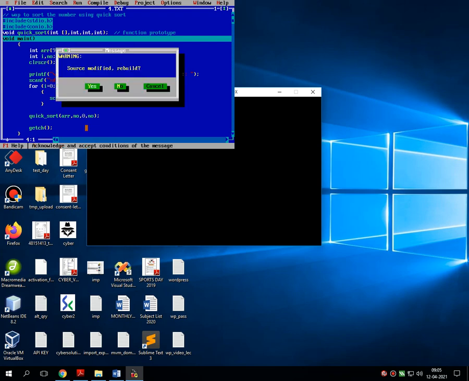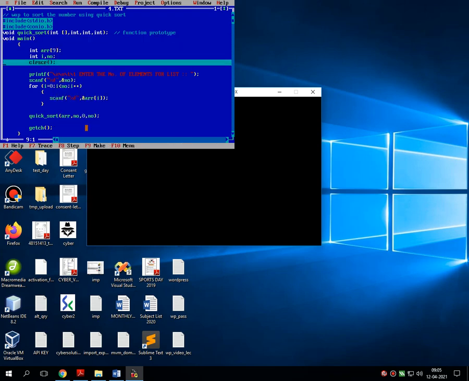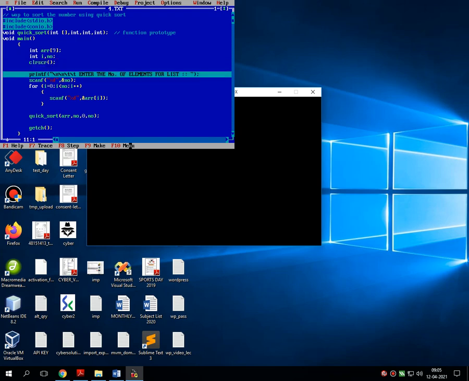Then into the main statement, that means into the void main statement, 3 local variables I have declared. First one is an array of size 9. That means maximum this program will sort 9 unsorted values. Then i and number, I will let you know what will be the purpose of these two variables, i and number.